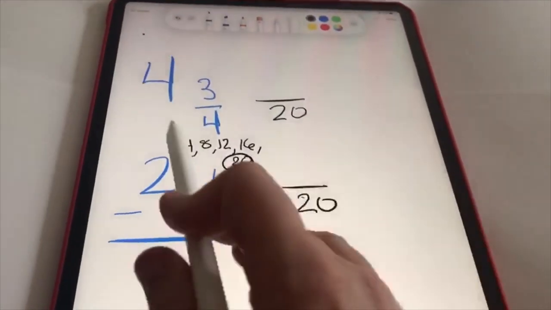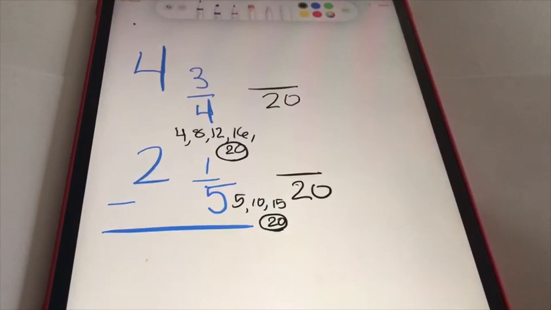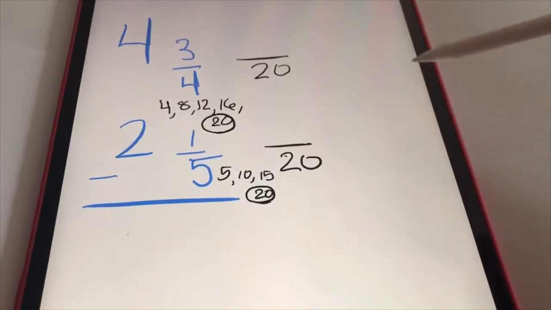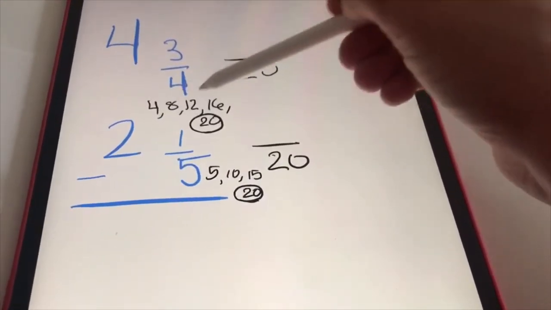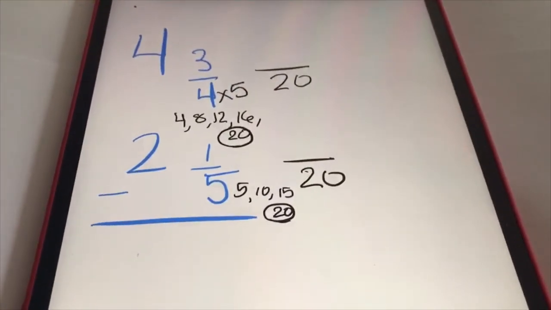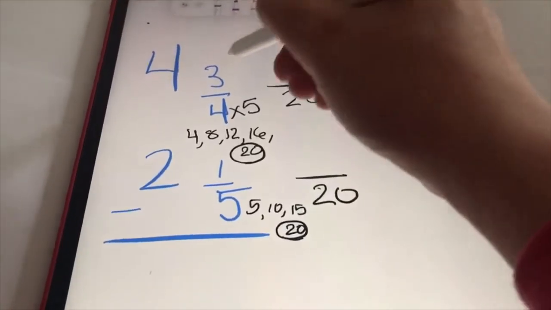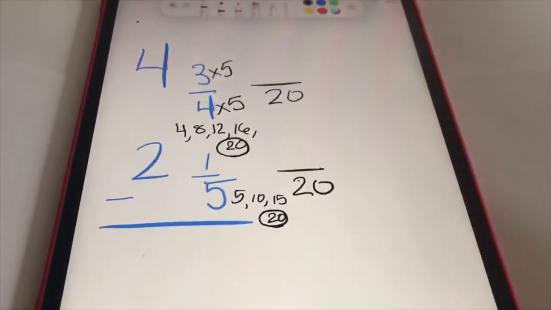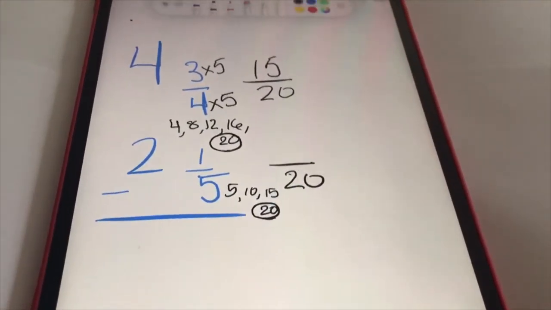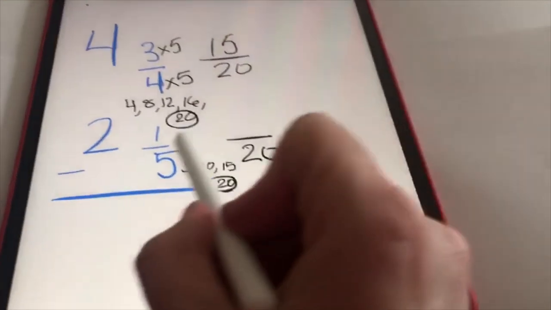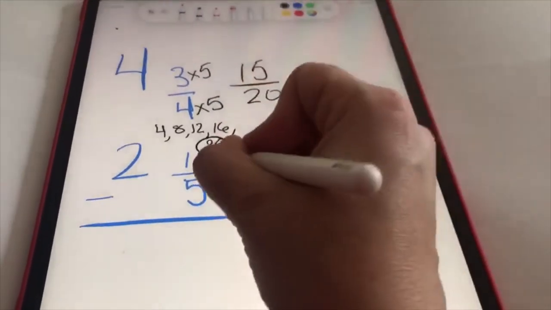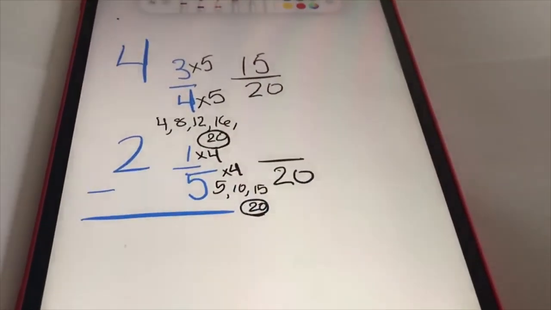But when you list them out, it's always a nice way also for you to figure out what the factor is that you're going to multiply your denominator by. So I know 1, 2, 3, 4, 5. I can multiply 4 by 5 to get 20. Whatever I do to the bottom, I have to go ahead and do to the top. Okay? So 3 times 5 is 15. Okay, let's see, 5 times the factor of 4 is going to give me 20. So 1 times 4 is 4,